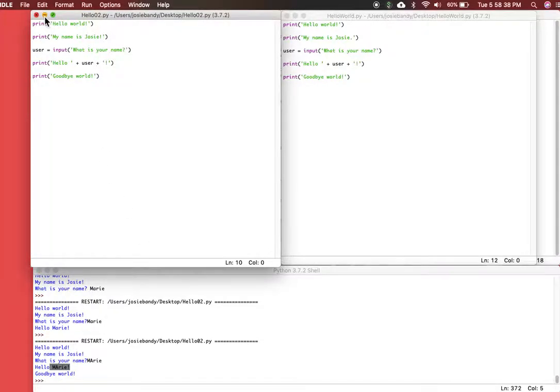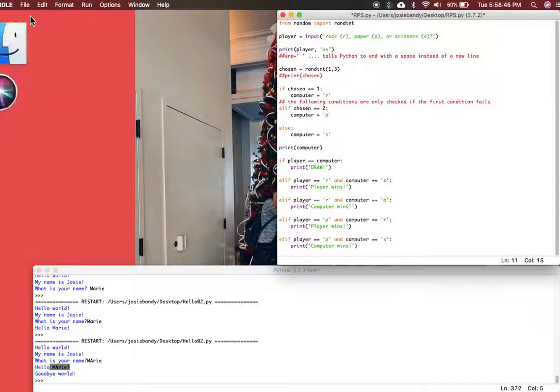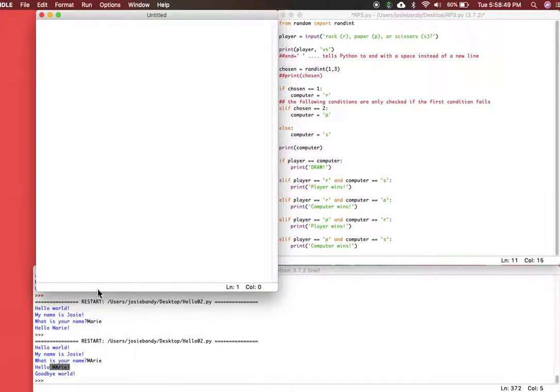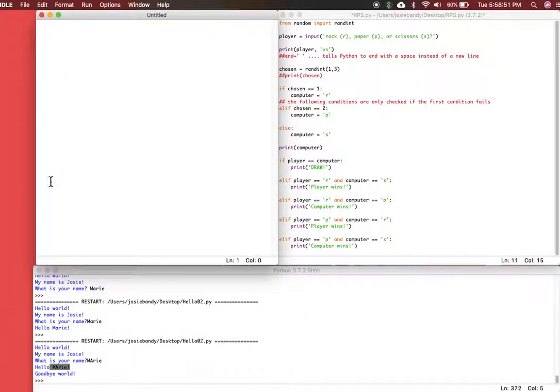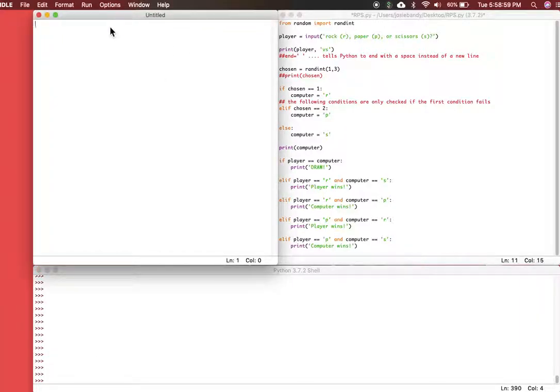So the next program that I wanted to show you guys is rock, paper, scissors. So let's open up a new file. And let's get this so it's not all together. So first thing we want to do for rock, paper, scissors is import random integer function from random. So from random, import,